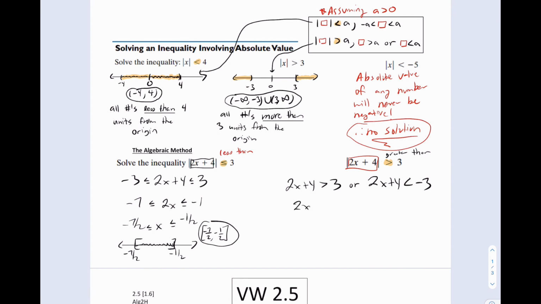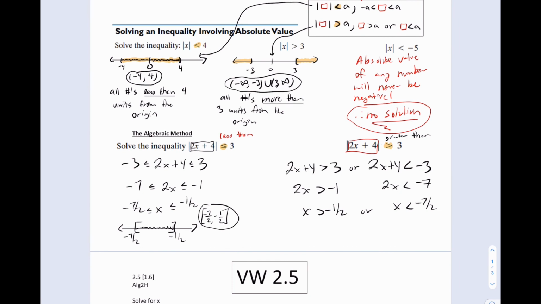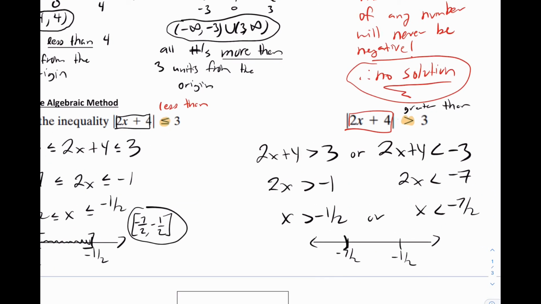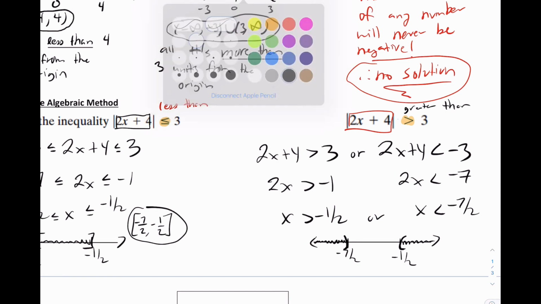So we solve it. 2x is greater than negative 1. x is greater than negative 1/2, or we solve this side. So again, notice how that should work out, right? Because these answers are similar to over here. But that greater than changes everything, because if I were to put a number line now, I know negative 7/2 is here, negative 1/2 is here. When I graph this answer, notice how if I want everything greater than negative 1/2, the answer is now going on the outside, which means our answer as an interval is going to be